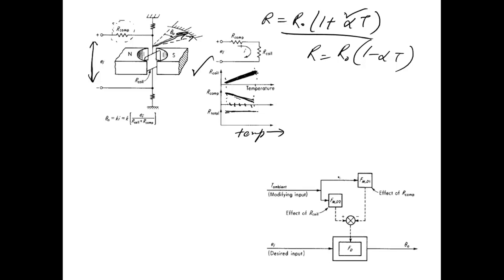So this is how the block diagram looks. You have an ambient temperature that can change the resistance of the coil, that is the effect on the coil, and similarly the effect of the resistance of the compensating coil. So all these are plus and minus together, they are essentially 0, and then we have the output as per the desired input. So this is more of a method of opposing inputs. You are opposing the input, where the input is the coil here, and the change in that coil you are trying to oppose in a more systematic manner, rather than measuring and then putting in some resistances.